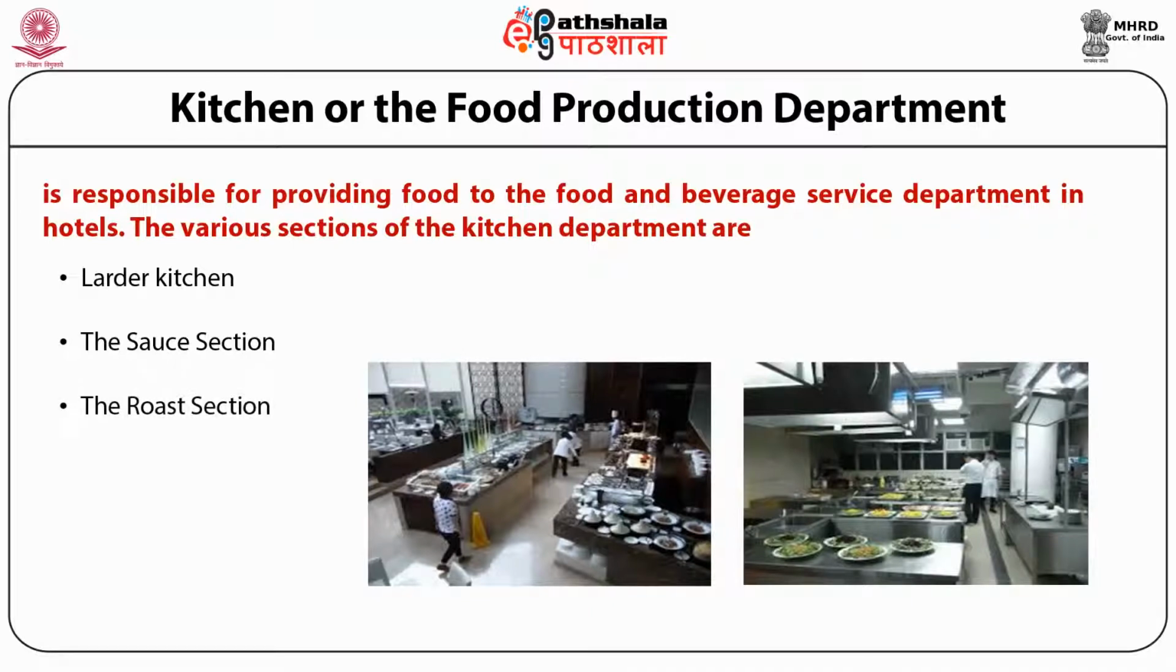The roast section provides all roast dishes of meat, poultry, and game. The fish section provides all cooked fish dishes. The vegetable section, as the name suggests, is responsible for the preparation of all vegetable dishes. The soup section is responsible for preparing all types of soups such as consommes, creams, velouté, purees, broths, bisques, and